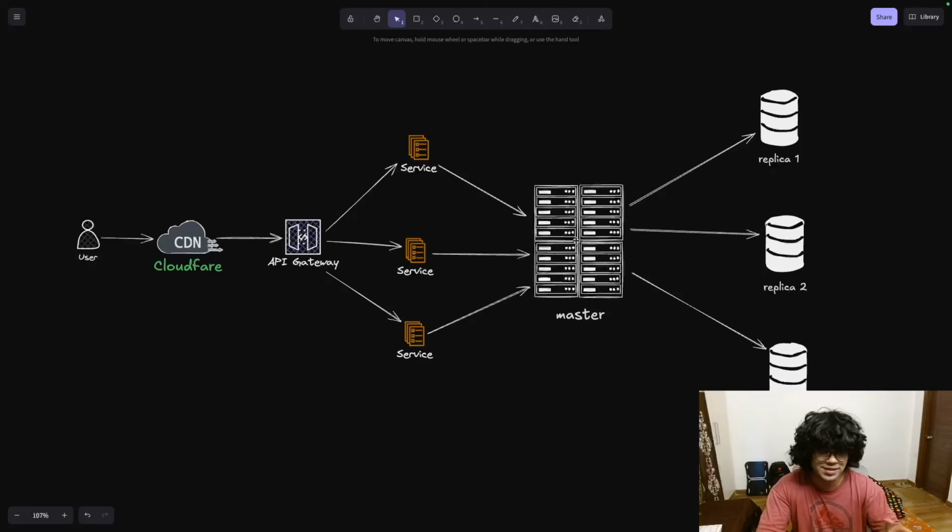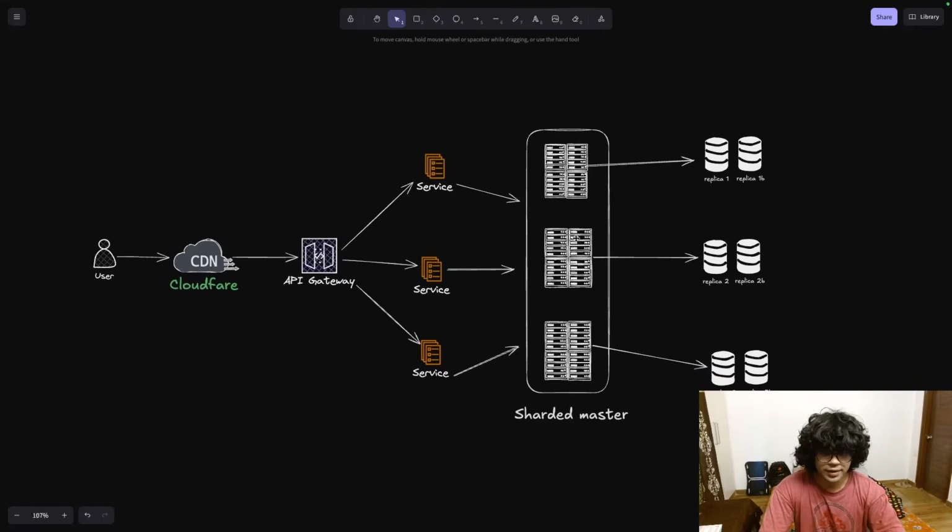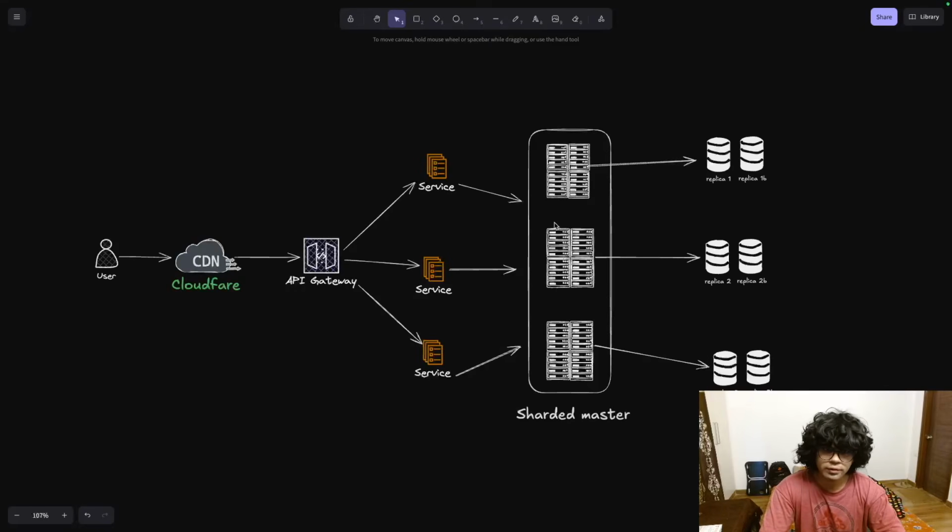Okay. And this is the entire concept of partitioning or sharding. It is basically when you have your database and you break it down into different small databases. So I have a diagram, the exact above diagram. What we will have is, instead of a single master, we will have smaller DBs, right? That will contain the data, and we basically say that we have sharded the master in this case.